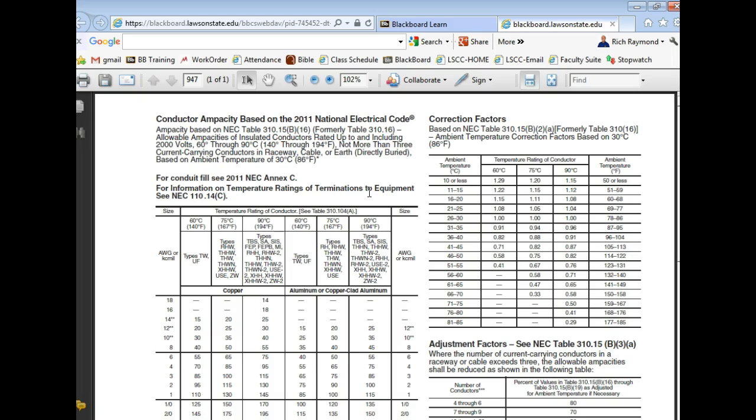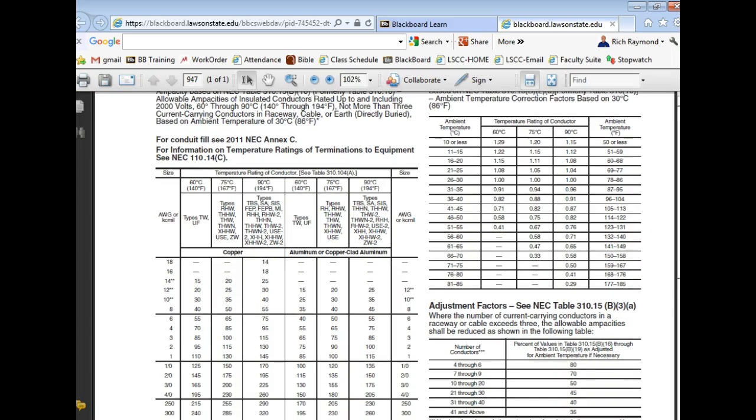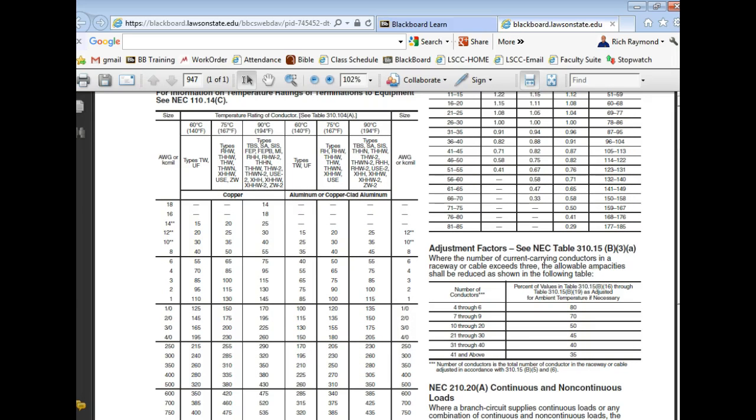So this is the chart I just gave you out, and this is our ampacity chart. You notice this is 310B to A. This is formerly this, so there are a lot of 310 tables that go with trying to figure the ampacity of a conductor. Now, if we look at the first ampacity chart that we looked at, it says a 14 gauge wire is rated at about 32 amps. And in the 310.16 table, they had it rated at 20 amps, which was very